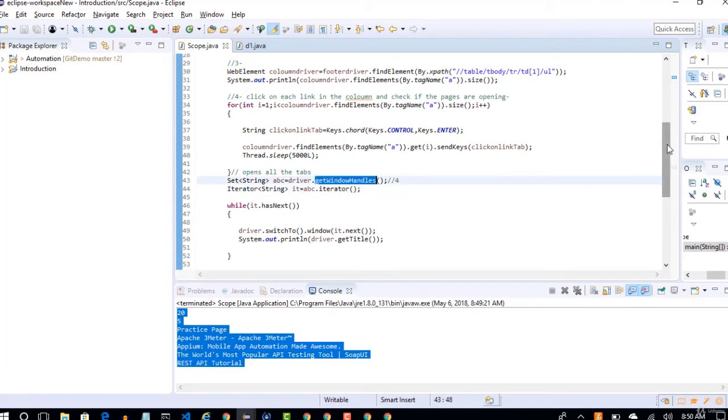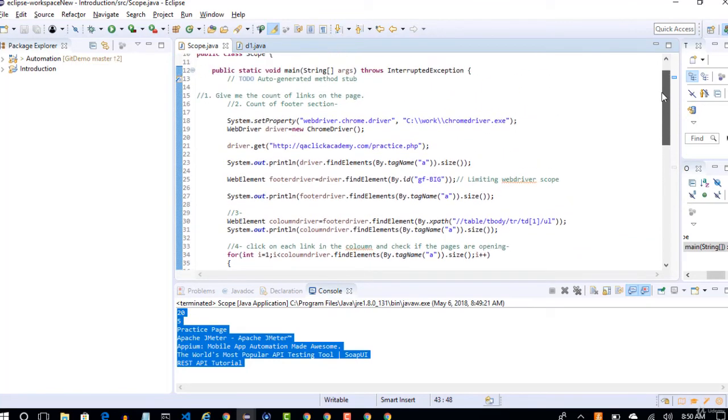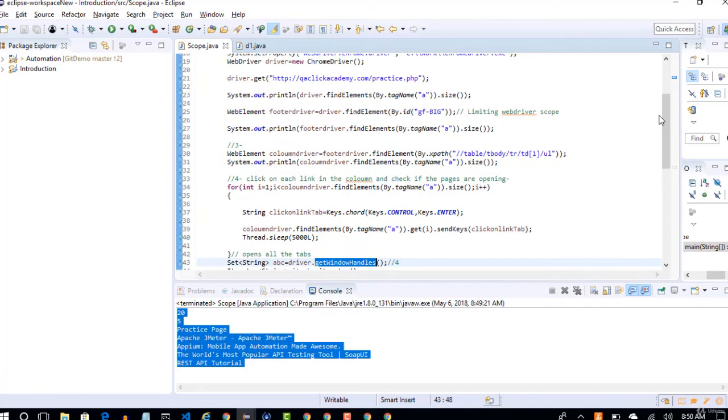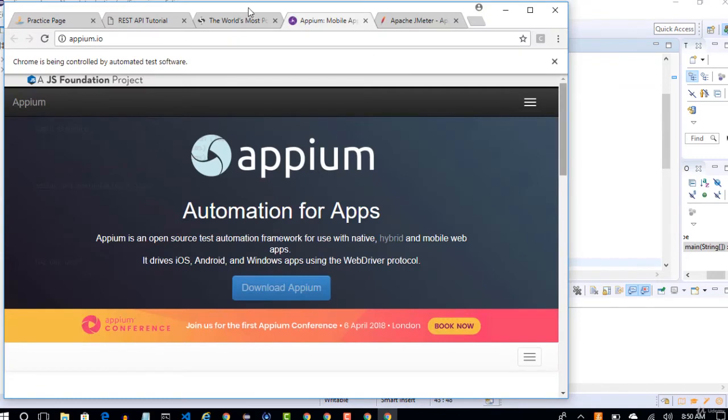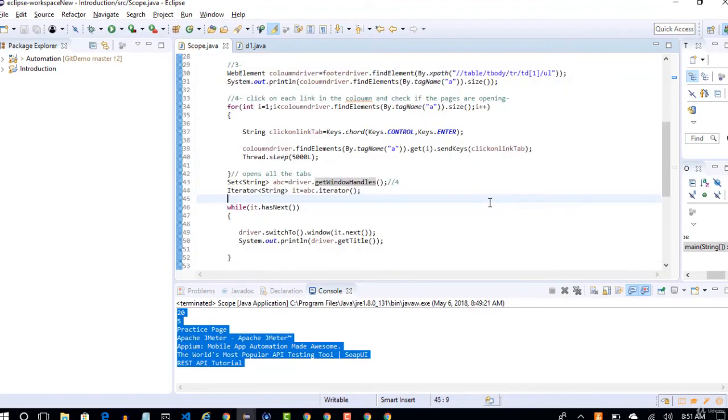All right, so there are a lot of takeaways from this particular topic, because if you carefully observe, when I started my previous lecture, the links were different. If you go back to the beginning part of my previous lecture, you will see REST API 95%, SoapUI 90%. But by the end of that lecture, the link names had changed, and our script did not fail, isn't it?